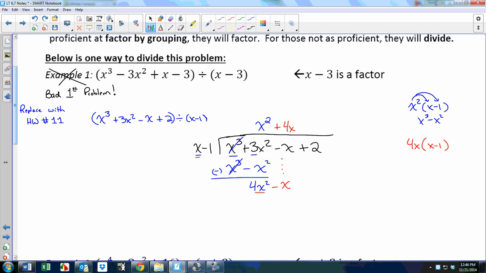You can do this in your head if you want. You don't have to do this scratch work. 4x times x, 4x squared, minus 4x. When you distribute, put that over here and then draw your subtraction bar. Carefully subtract. 4x squared minus 4x squared cancels. And a negative 1x minus a negative 4x makes a positive 3x. Positive 3x. Last time, bring down